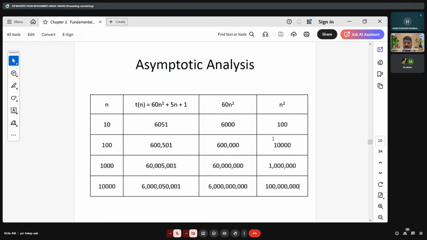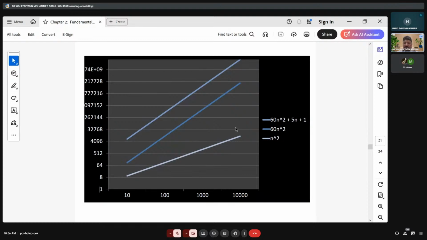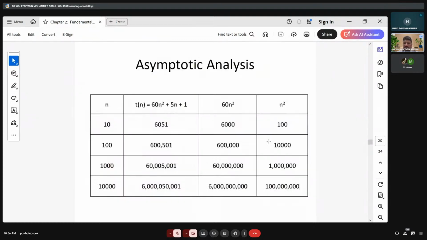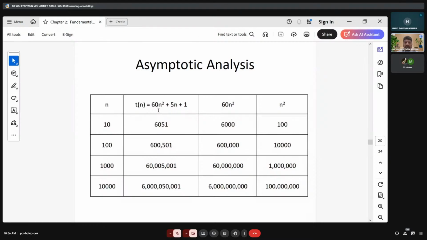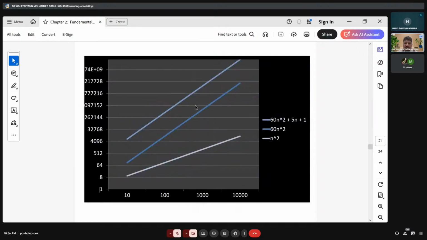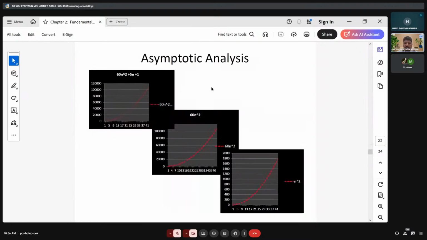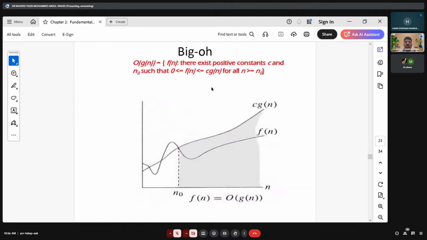Here we have n^2. Here we have 60n^2. And you have this formula 60n^2 + 5n + 1. This line. Okay? This is asymptotic analysis. So here we have